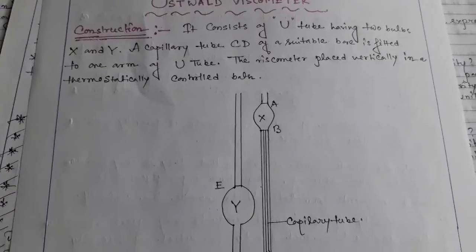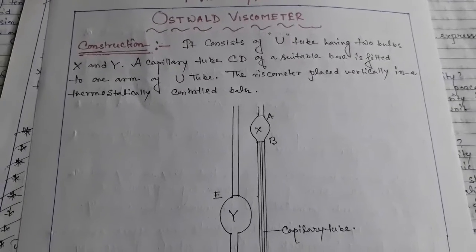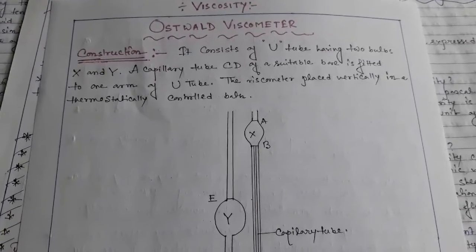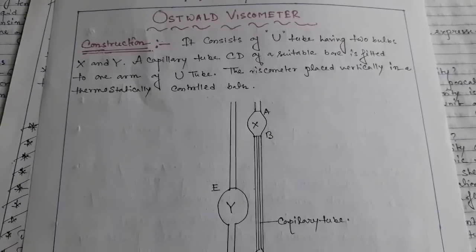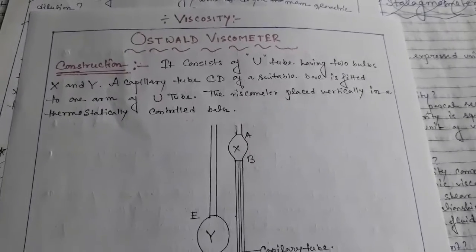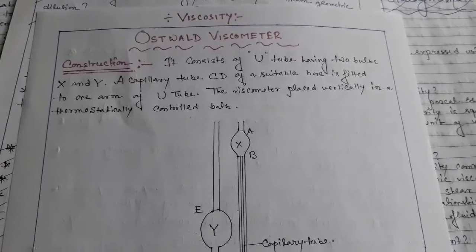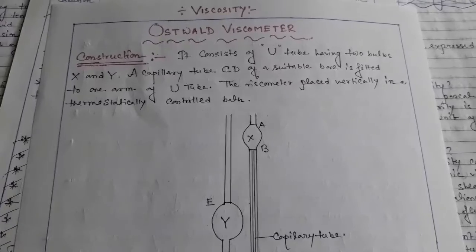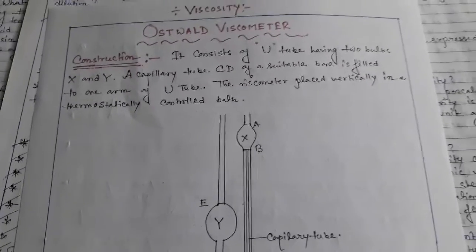So first of all, you have to understand what viscosity is and how it is determined. That means how you measure viscosity, and which types of equipment are used for viscosity measurement. The Ostwald viscometer is a common piece of equipment used in our laboratory to determine the viscosity of any type of liquid. There are different types of questions that are very important from the viscosity chapter.